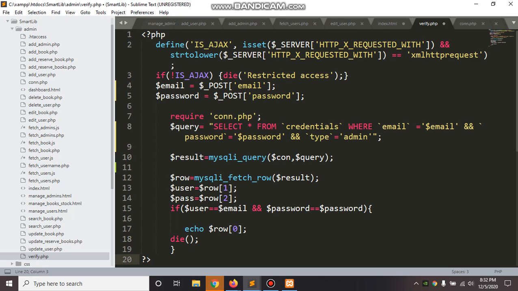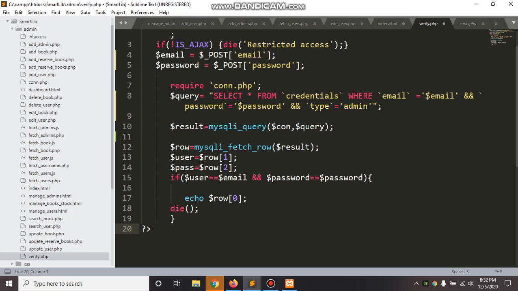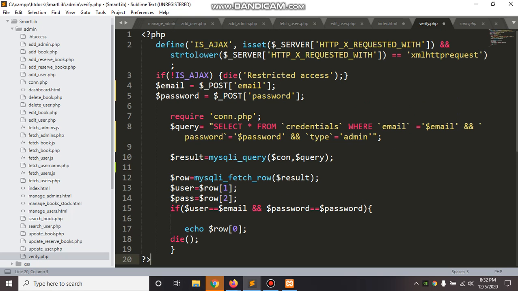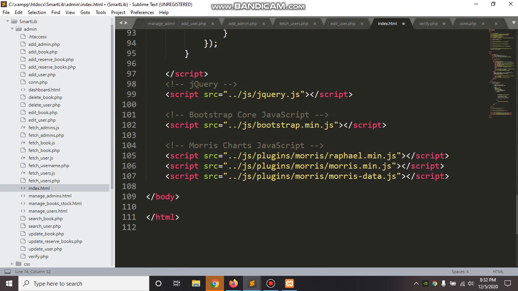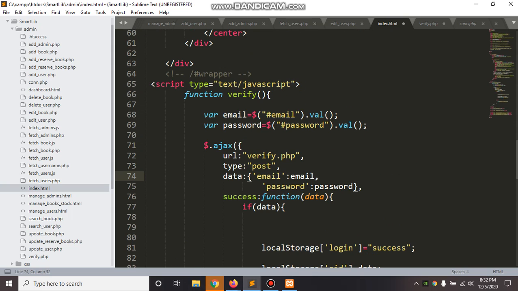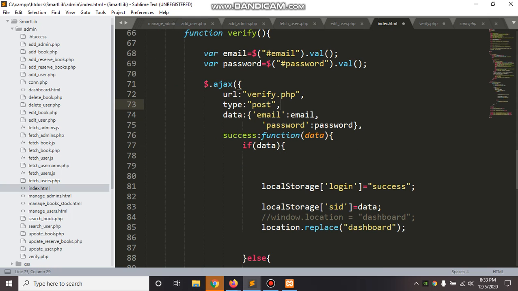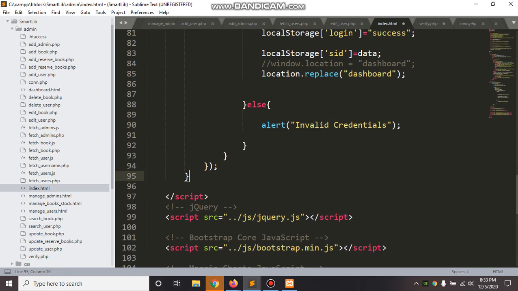So, but this verify.php, now if you see, once you verify, we are doing nothing else, we are just echoing something. Okay, now in index.html, if you see, we have a code to verify. That means this function will also pass the value and call the function. So if there is a success, then we will redirect the user to dashboard or else we will redirect the user to the same page within